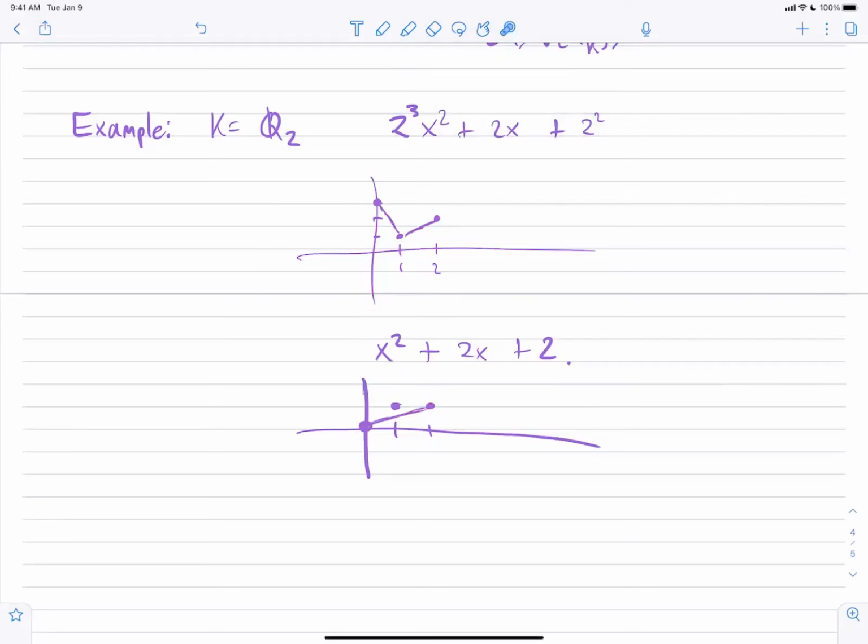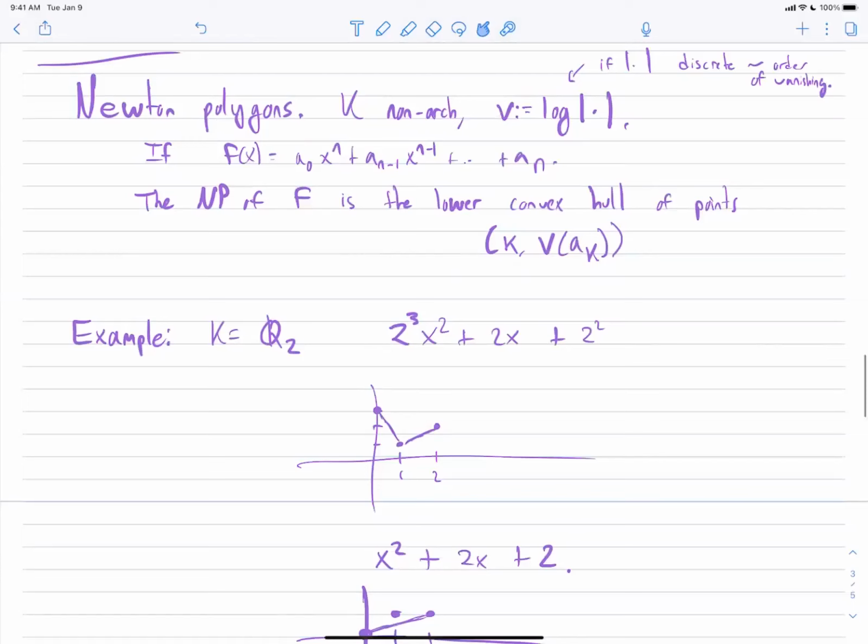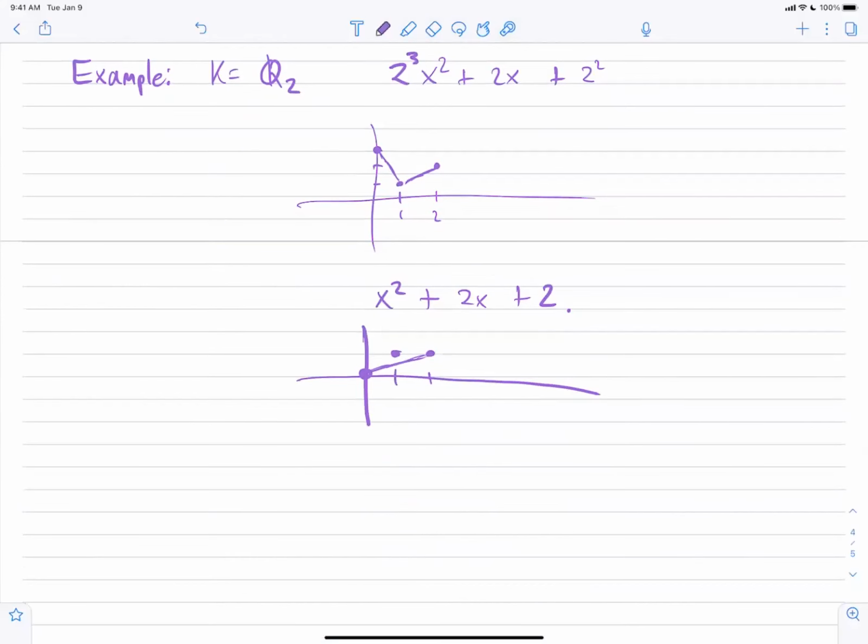Okay. Good. But so that's what the Newton polygon is, and why is it useful? Well, it turns out it encodes the absolute values of the roots of the polynomial. So, theorem, which you can either do as an exercise or look up in Milne, and it's not so bad, is that there are exactly